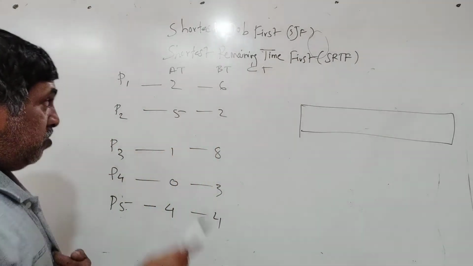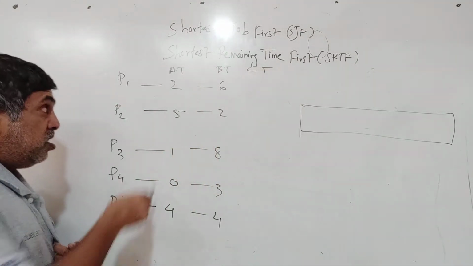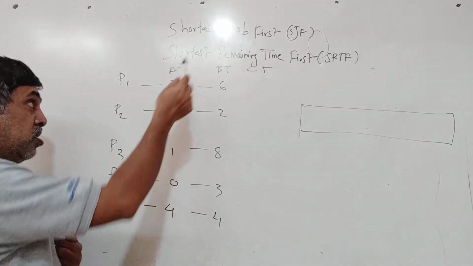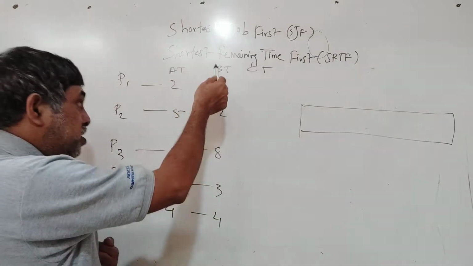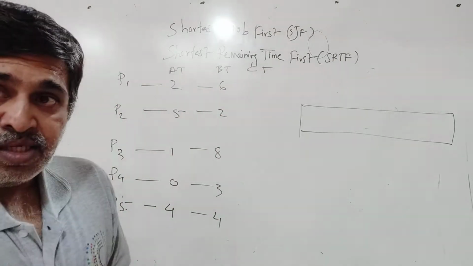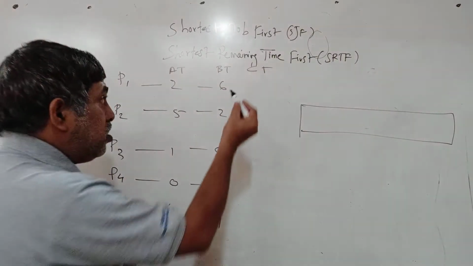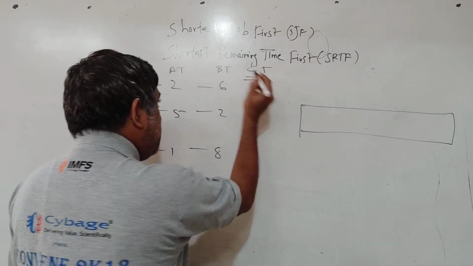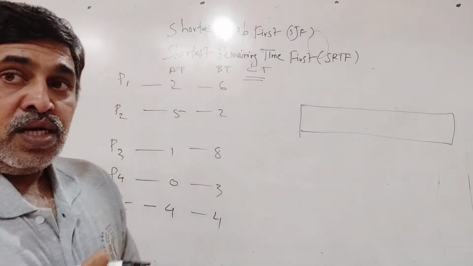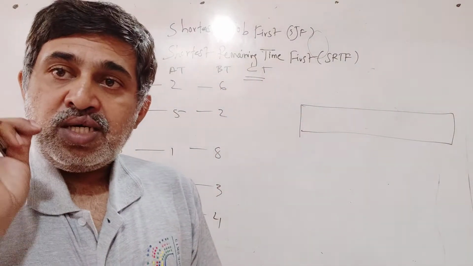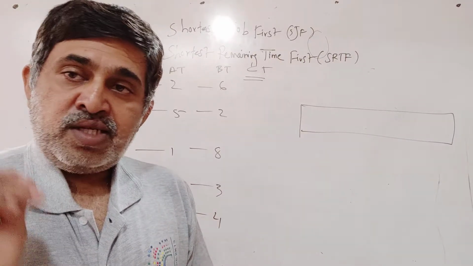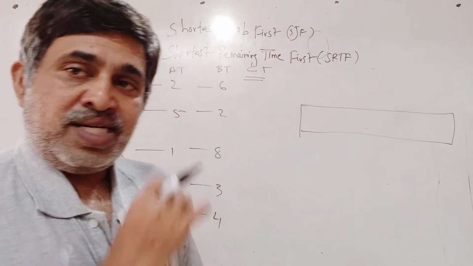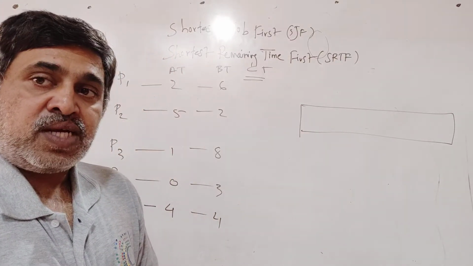So we already have 5 processes. Arrival time is given, the burst time is given. Arrival time is when the process arrives, burst time is the time required for the process to completely execute. And now we have to compute the completion time. And how can we find out the completion time? We have to draw the Gantt chart, and we are going to solve this using the non-preemptive method. So let's start drawing the Gantt chart so that we get the completion time.